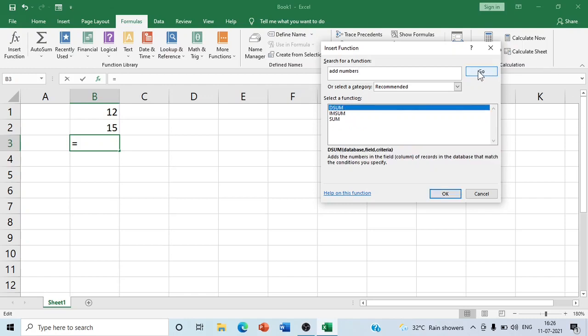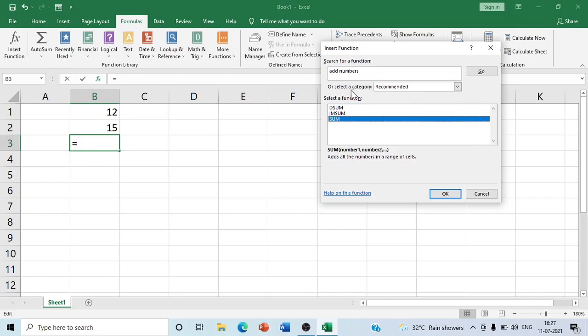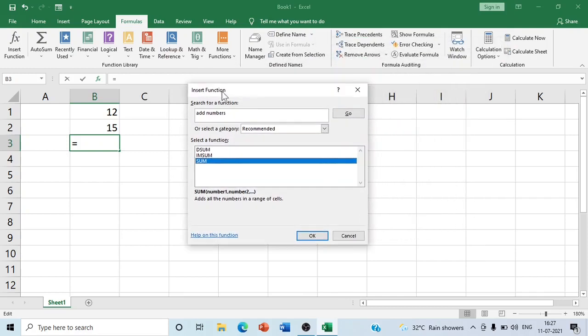So you will see SUM is used for adding numbers. So with the help of Insert Function and this search box, you can search any type of formula. If you don't know in which category you can find it, you can easily find it with the help of this search.